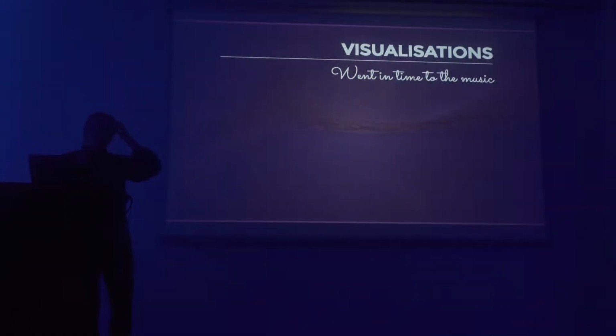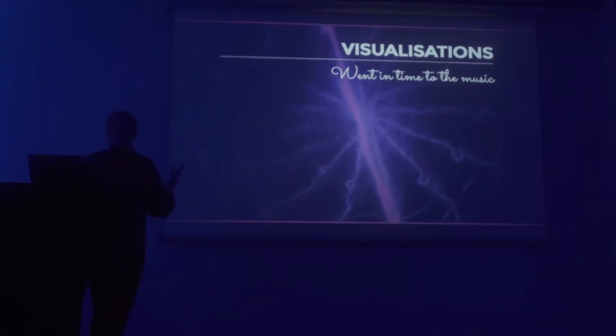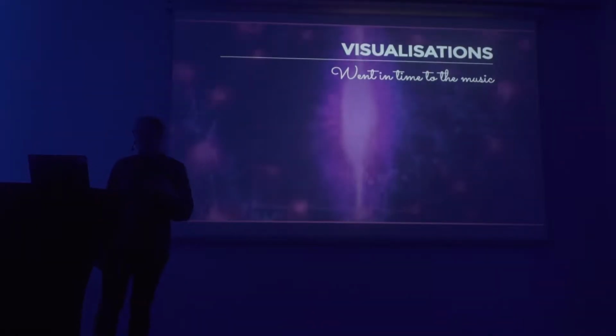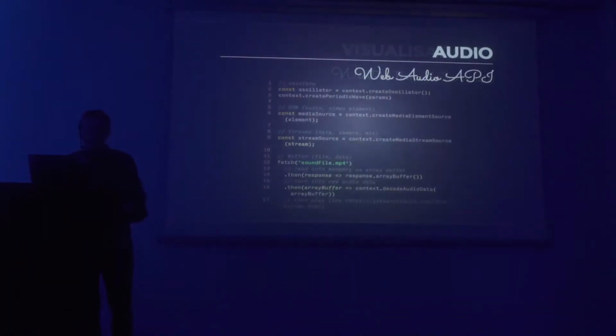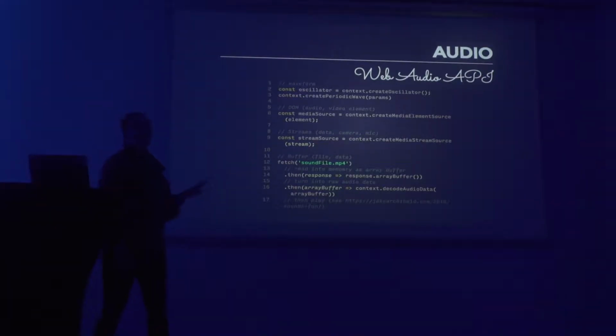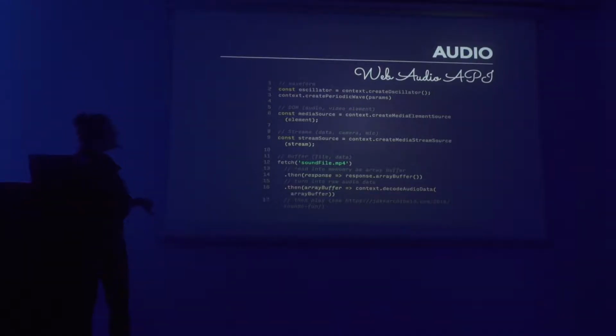The first thing that we need, and probably the most important thing, even though we're making visuals, is actually the sound. We need to make sure that we have sound, because without it we can't make visuals go in time with the sound. And we can get sound with the Web Audio API. There are four main ways you deal with sound with the Web Audio API. The first one is you can create it. It comes with an oscillator, which will create a sound wave, so you can create your own sound. Probably not useful in our case, but it's there.